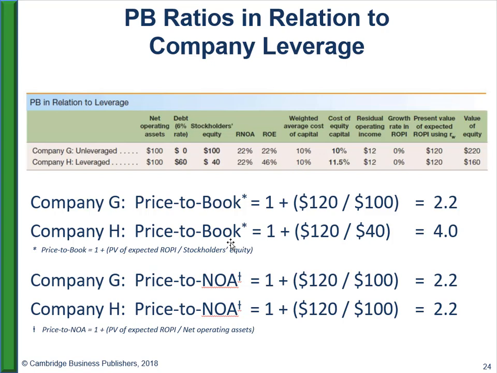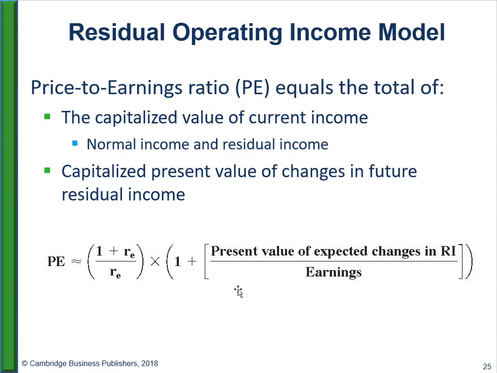So in this one, we're changing company leverage, which is not too dissimilar from risk levels. Company H has a price to book ratio of 4.0 versus 2.2, and there again, the leverage influences the return on equity. Let's move down to